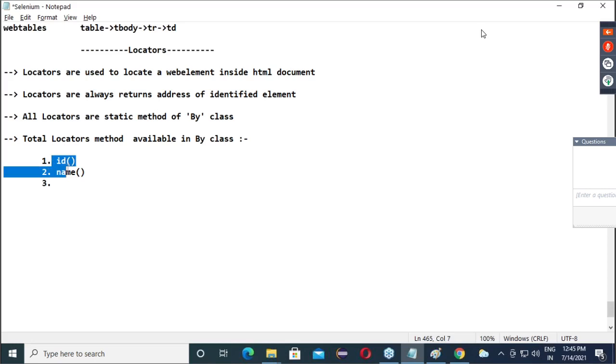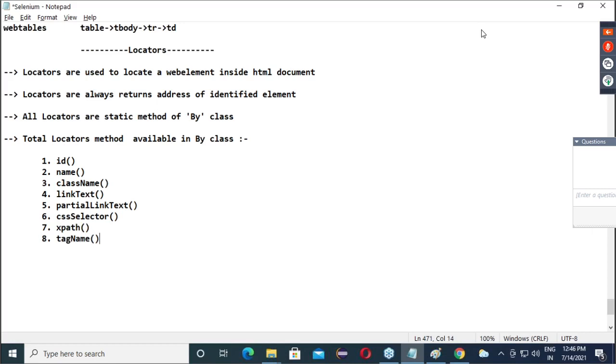ID, then name, then class name, then link text, then partial link text, then CSS selector, then XPath, and then tag name.